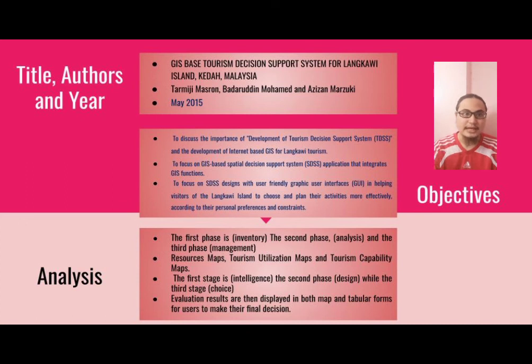In addition, GIS can be a technology used to identify and monitor indicators in these three types, namely by offering information, which is the tourism resources map, utilization map, and the tourism capability map. These GIS data are then used in the three-stage decision-making process. The first stage is intelligence, which focuses on identifying potential and problems. The second phase is design, while the third stage is choice, which concentrates on evaluating and ranking the identified